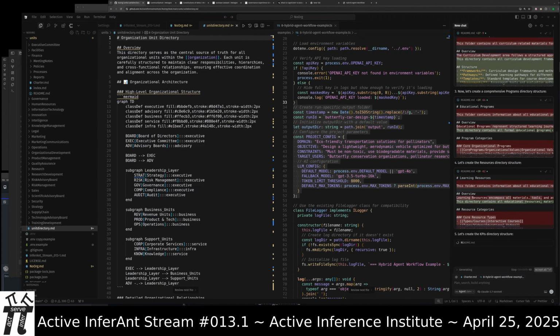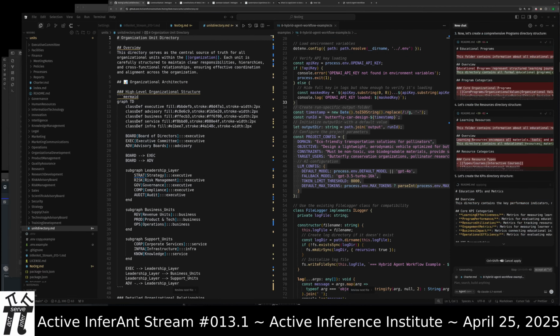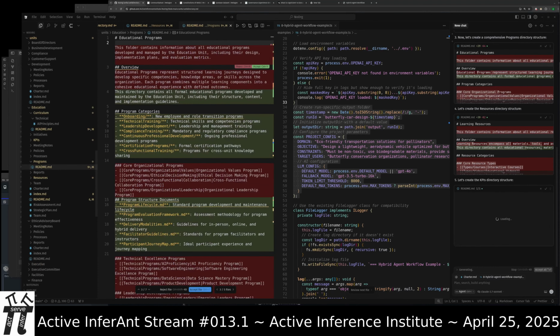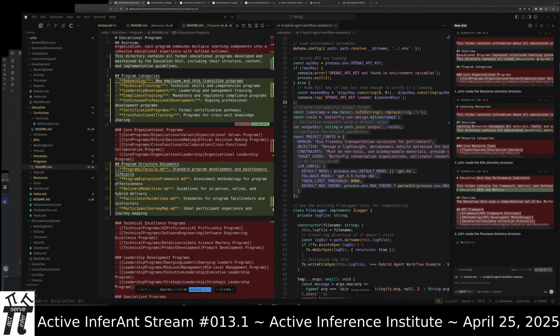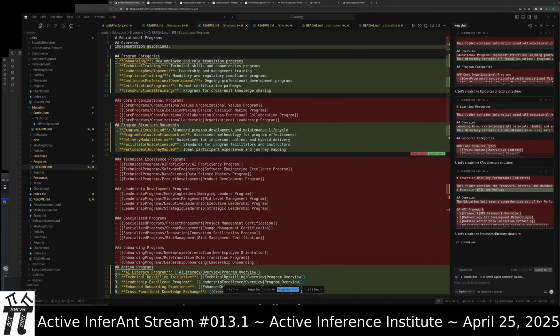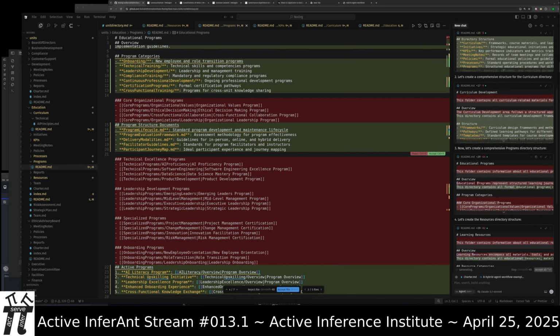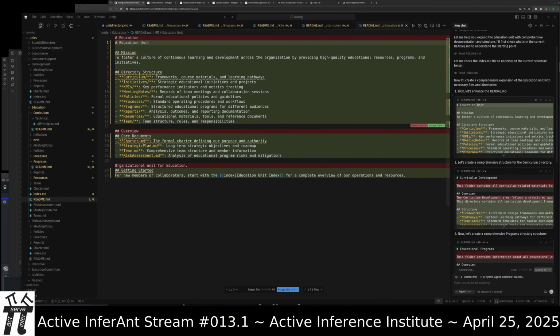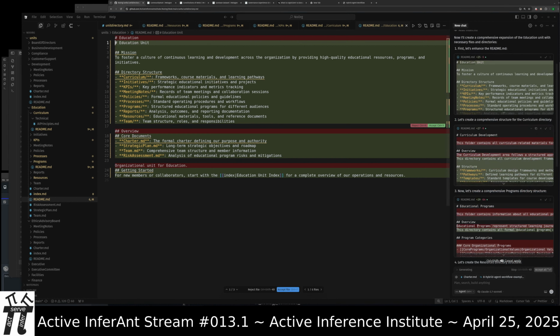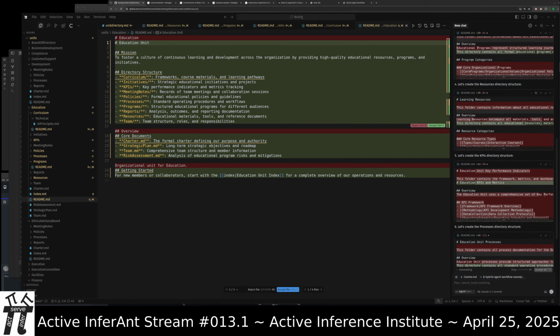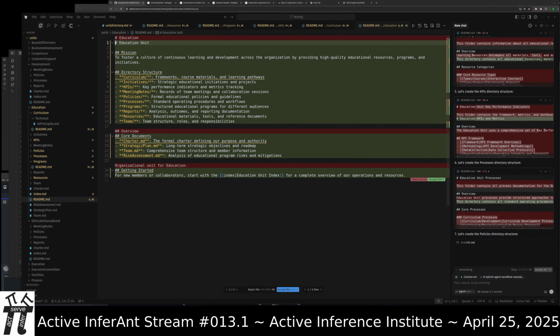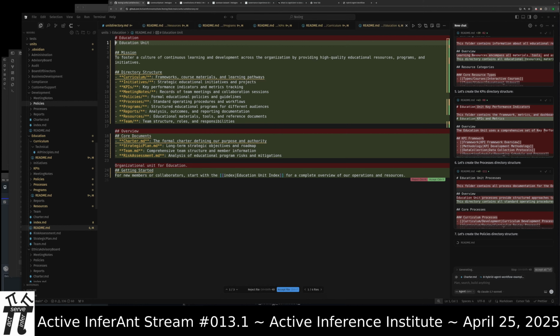So here is Claude 3.7 chugging away in the education unit. Here's updates happening in the education unit. It enhanced the README, made a new structure for the curriculum. Now it's just writing and chugging along, writing different materials for the education. You can add all kinds of features there.